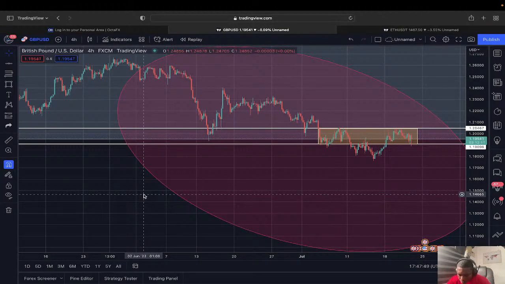Someone said marketing site told us to sell today. Someone said, can you analyze the Forex market? Yeah, of course you can analyze the Forex market on your phone. There's an app that works on your phone, and an app that works for your PC and the likes. So you can always analyze from anywhere, from your phone and from your PC. There are people who do the analysis on their phone. Anyone can.